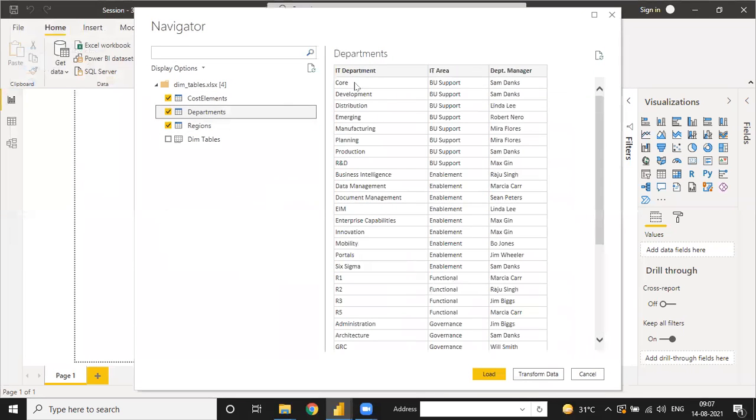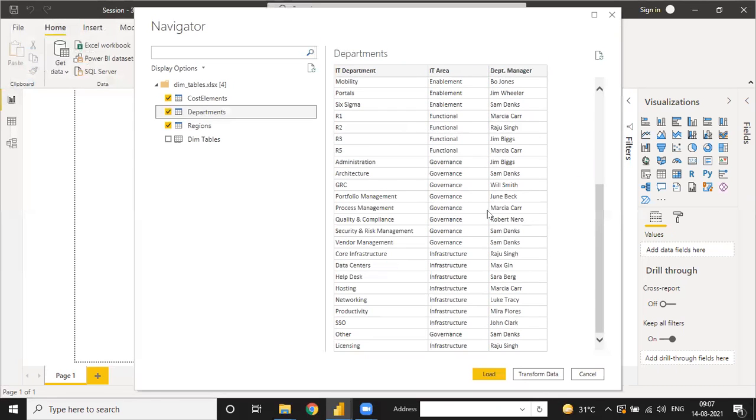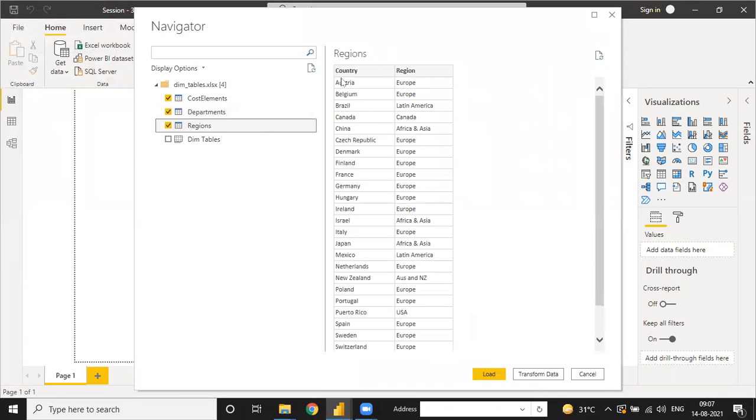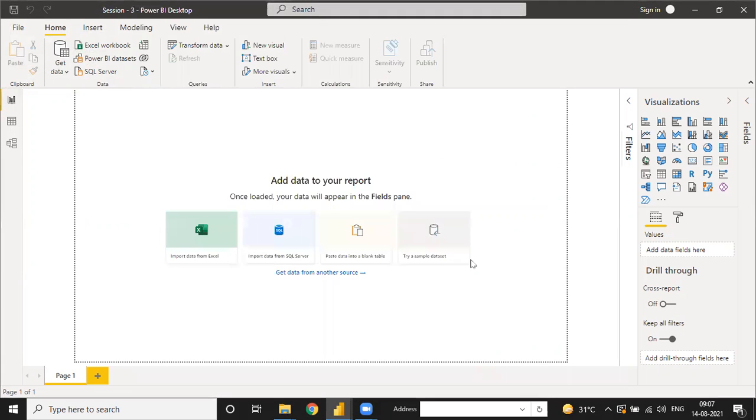Under department it shows the IT department, IT area, and department manager. Under region it shows the country as well as the region. We can directly load the data because we don't need to transform anything, since our data is already in clean form. It means the data is ready to load directly into Power BI, and on this data we have to make the visualization. So now we are going to load this data.